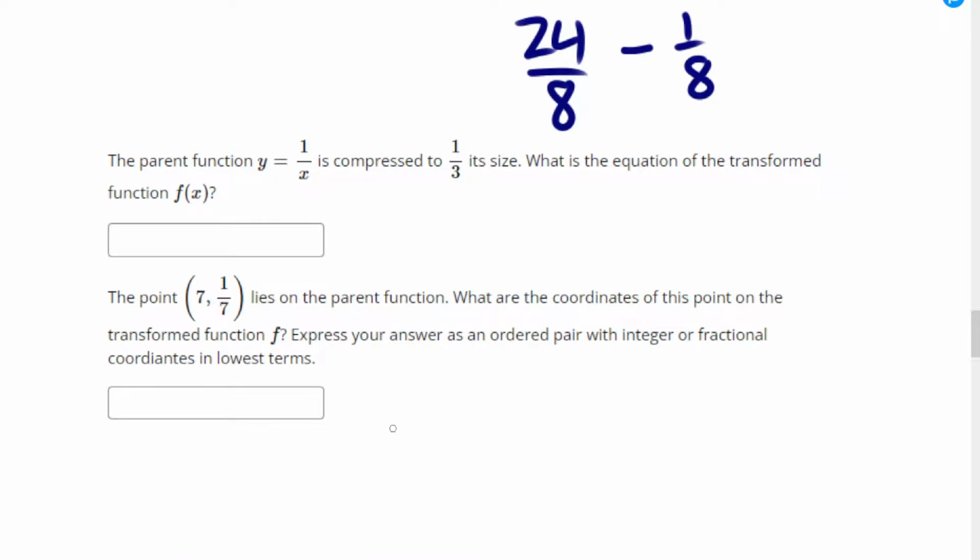The parent function, y is equal to 1 over x, is compressed to 1/3 its size. What is the function f of x? So we have our parent function, which is 1 over x. When we're compressing to 1/3,